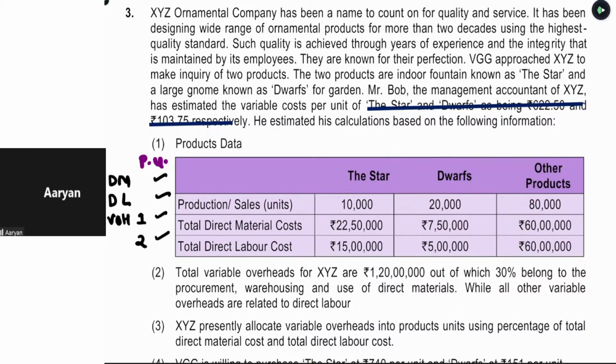Something is wrong in the calculation. That's why I said it's a very good question. If a line is removed from the question regarding the variable cost, then it will be a very special question. That's why we are practicing that if such a line is not provided by the paper setter, how we can compute the same.